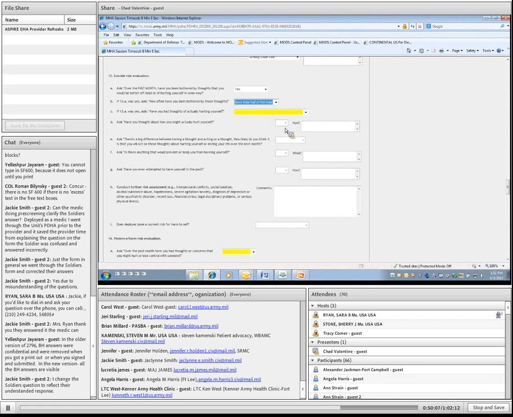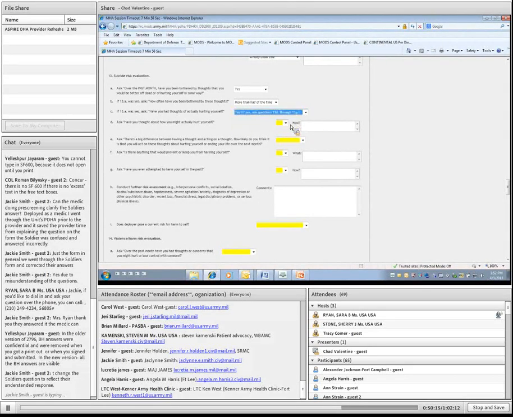So if we say more than half the time, it's going to ask us for 13C, asking if 13A was yes, have you had thoughts of actually hurting yourself? So let's say we said yes on that one. You'll see that 13D through 13G just opened up for us. Okay, so it's asking you as a provider to ask that deployer, have you thought about how you might actually hurt yourself? So if we said yes,